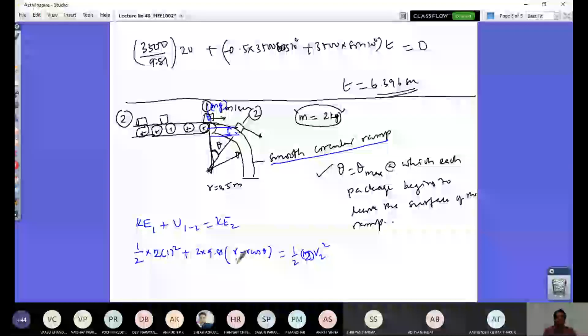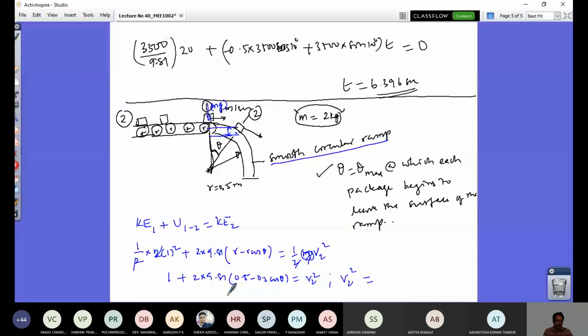So now I would have r as 0.5, so I can just solve this. So I will have 1 plus 2 into 9.81 into 0.5 minus 0.5 cos theta. On the other side it is v2 square. So I get v2 square equals